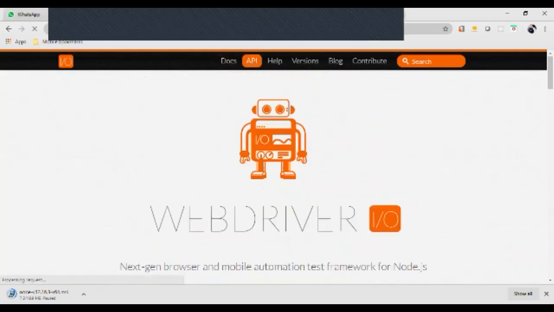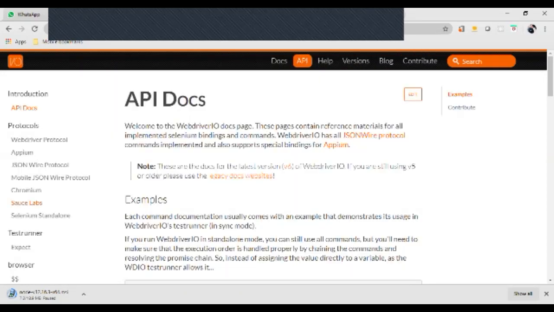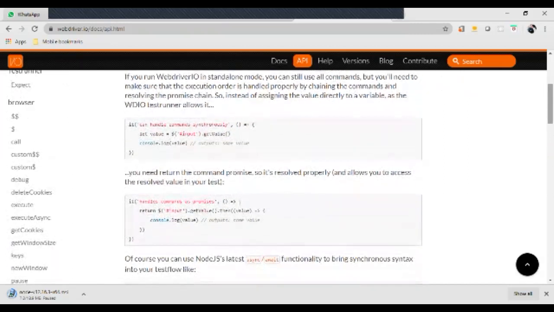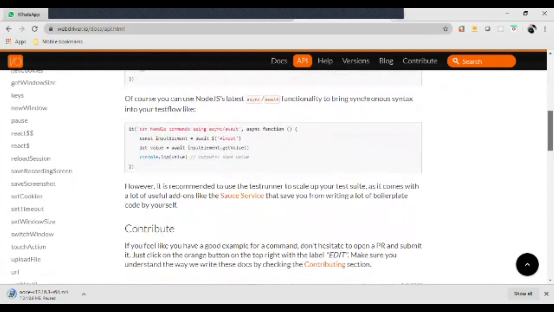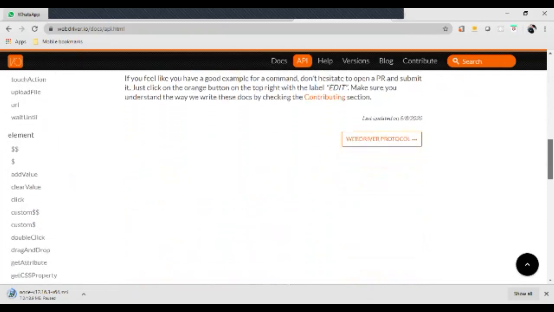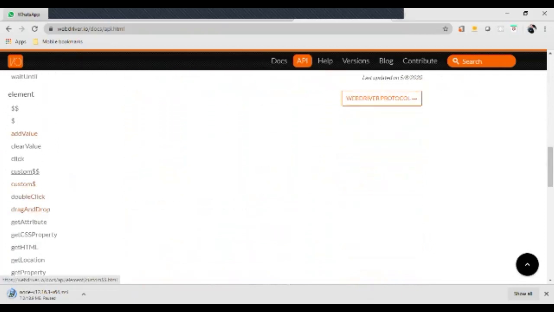We have the API, how to use commands and how to use elements. We have code snippets for example methods, and we can see how to utilize them. We can see set cookies and everything on the left side.